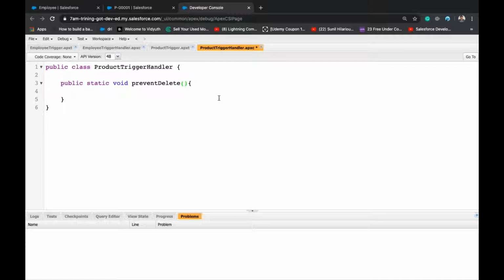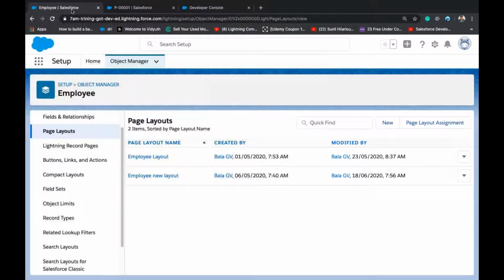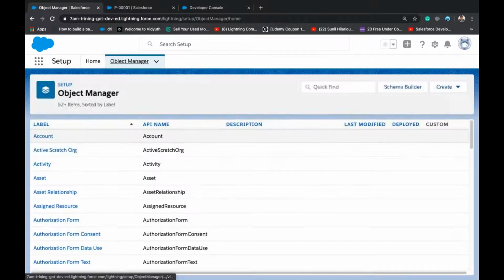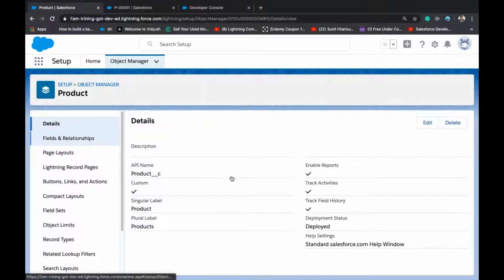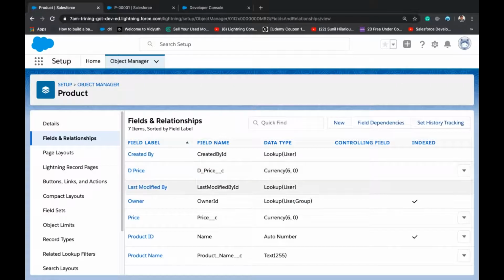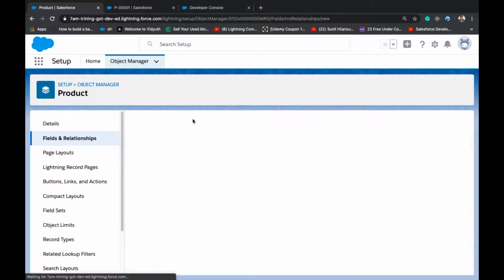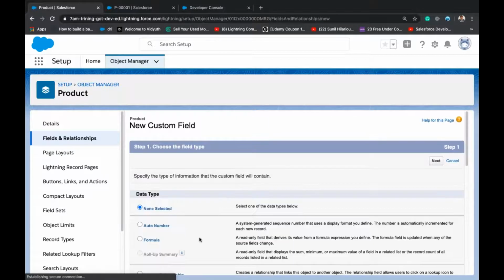You can write prevent deletion of product, or prevent deletion of active product, something like that. So actually we don't have a checkbox option. Let me create, or let's see if it's there and we are not using it. It's not there. So let's create a checkbox.